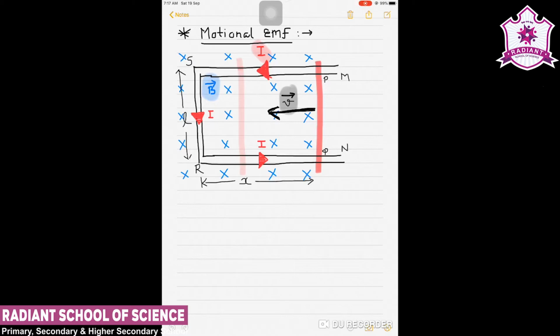Now PQRS forms a closed circuit enclosing an area that changes as PQ moves. Now it is placed in a uniform magnetic field B, which is perpendicular to the plane of the system. Now if the length RQ is given by small x, and RS is given by small l, the magnetic flux enclosed by the loop PQRS, given by phi, is equal to